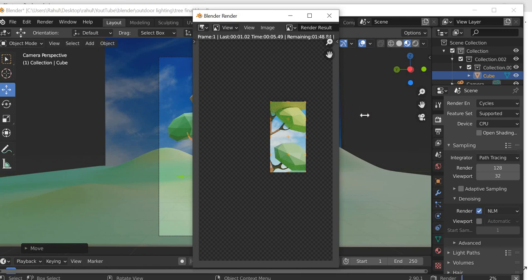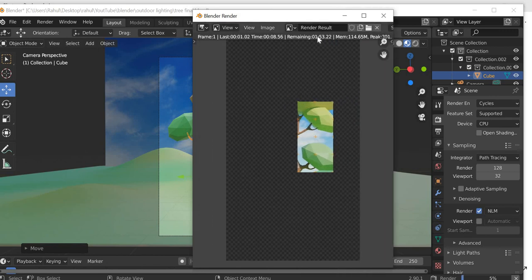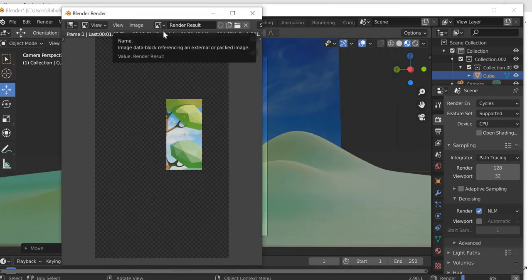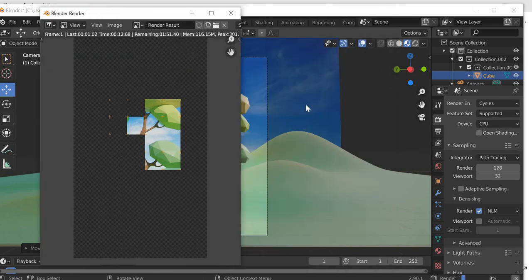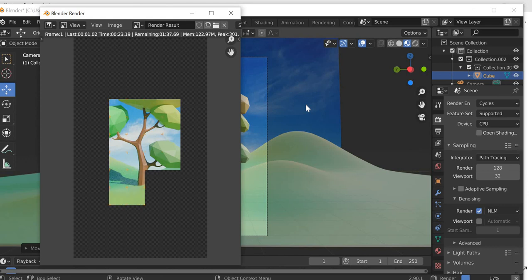It's going to take 2 minutes, as you can see here, just 2 minutes to render. All right, and then you get a nice daylight lighting with